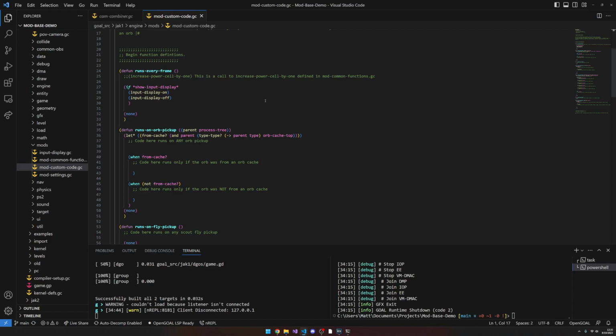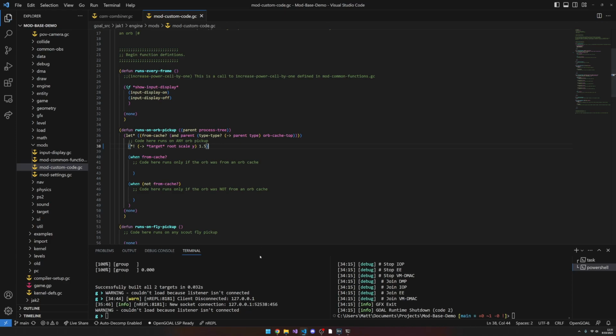So for this demo, what should we do? How about when we pick up an orb, we make Jack a little bit bigger. I'm not going to spend too much time talking about the syntax and Lisp OpenGOAL language here. You'll just have to trust me, bro, that this code does what I say it does. But basically, we're taking the y part of Jack's scale. Jack is a target here, and we're going to multiply it by 1.5 times every time we pick up an orb. So let's save that change, and then we go back to our REPL down here, and we want to